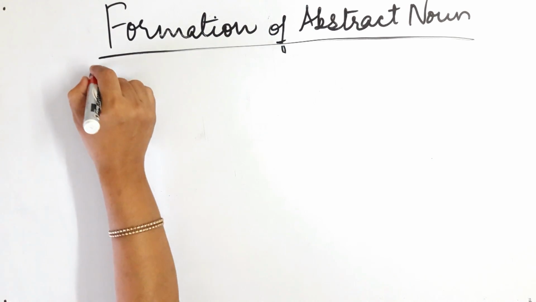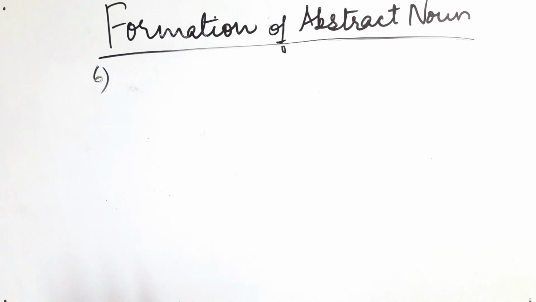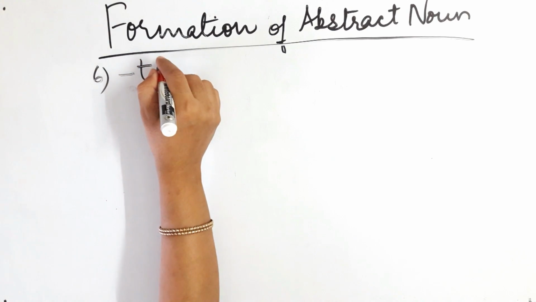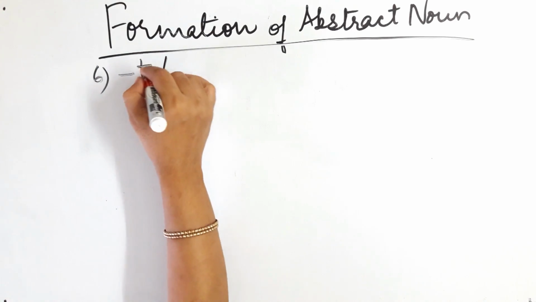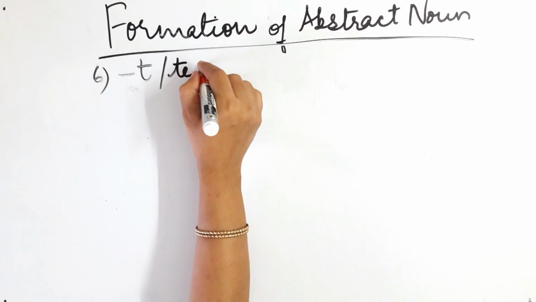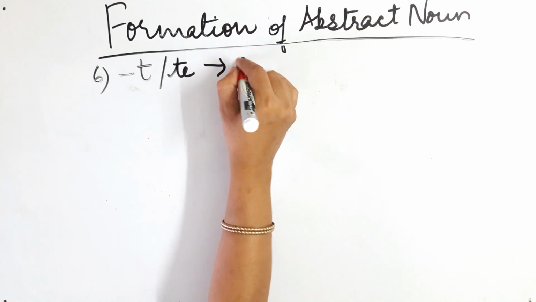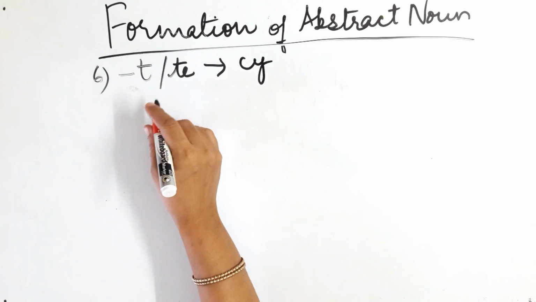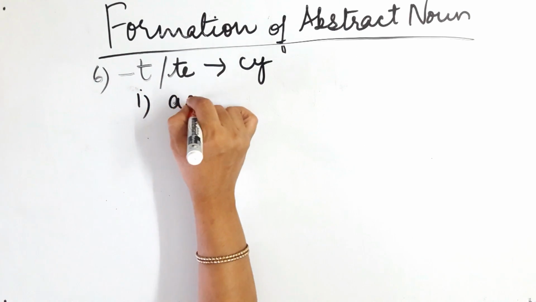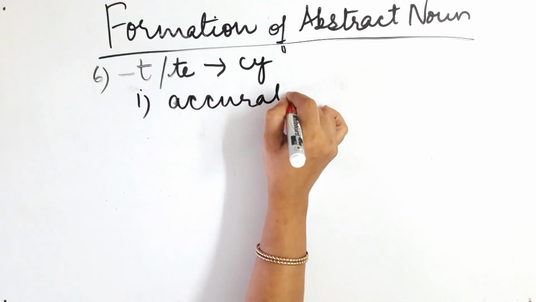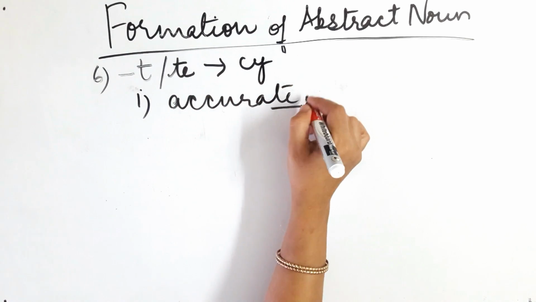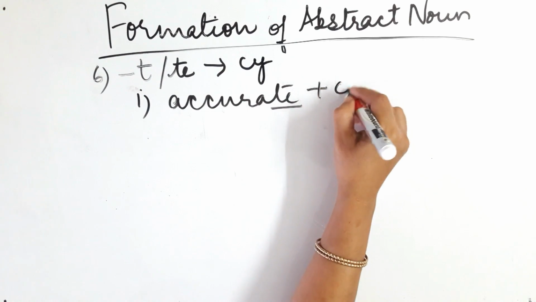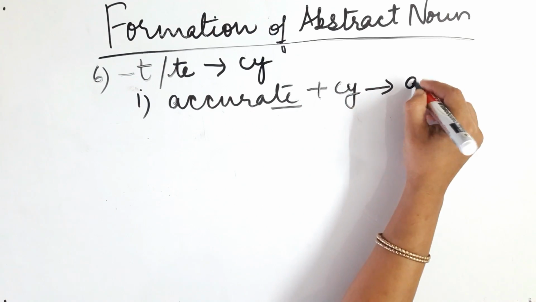So in this category, the last way of changing adjectives into nouns is by replacing T or TE with CY. We will see how it becomes a noun. I have words like accurate. Here the word ends with TE. I will replace it and add CY to this. It becomes accuracy,